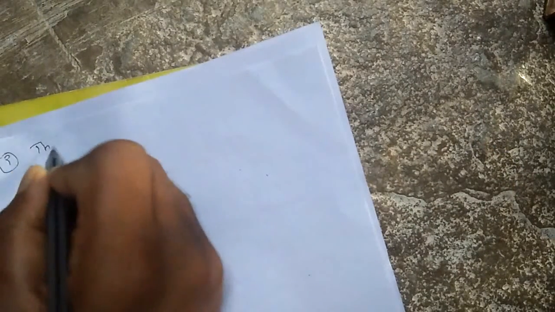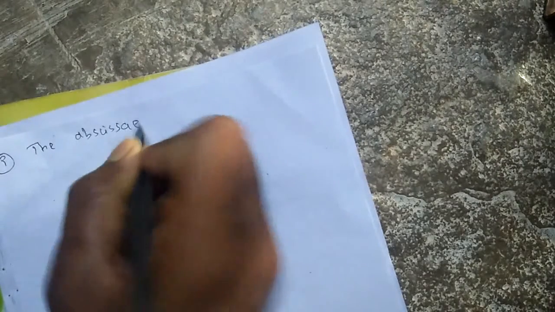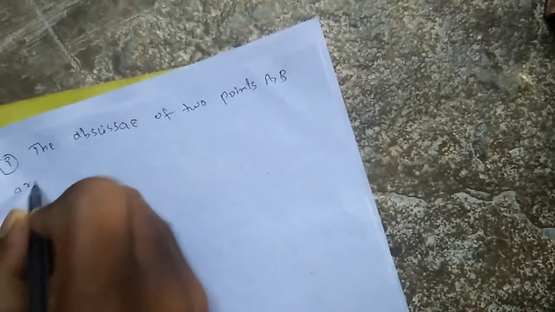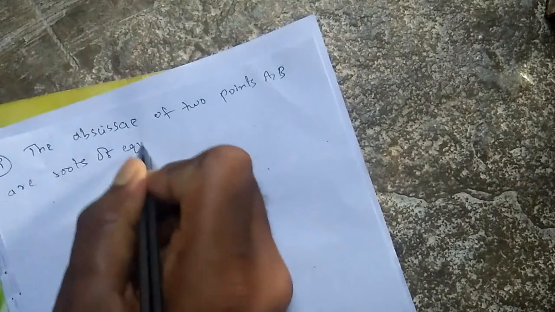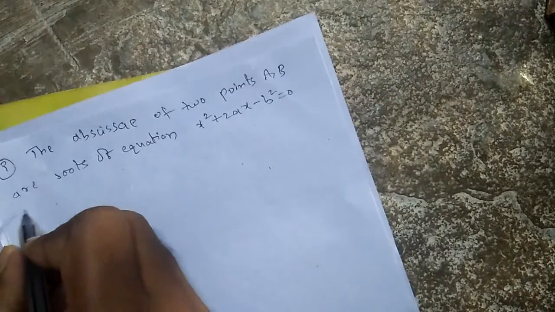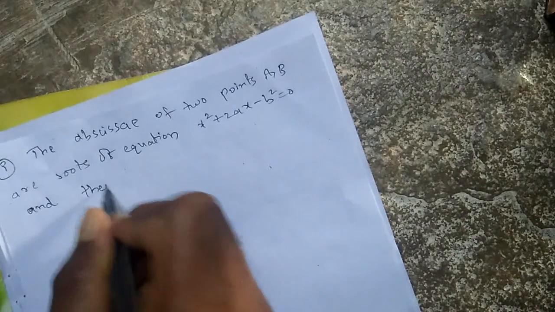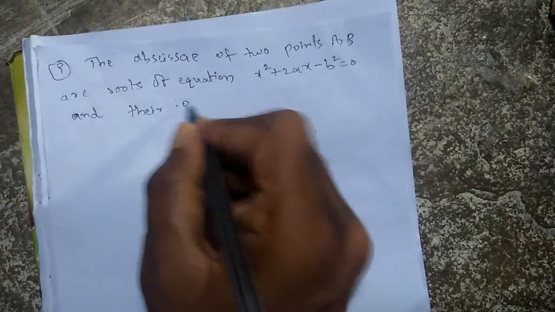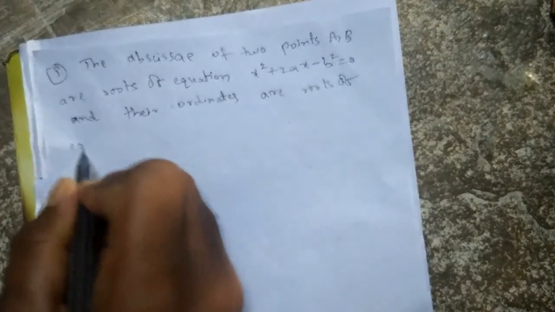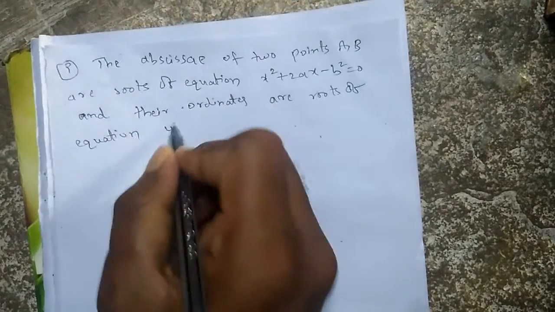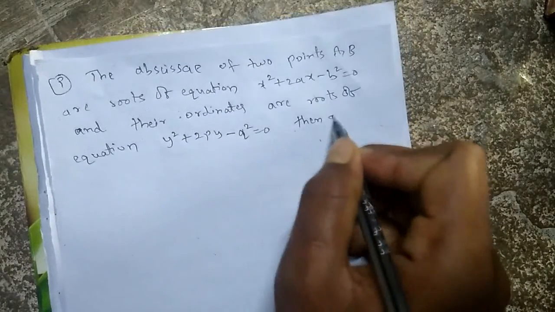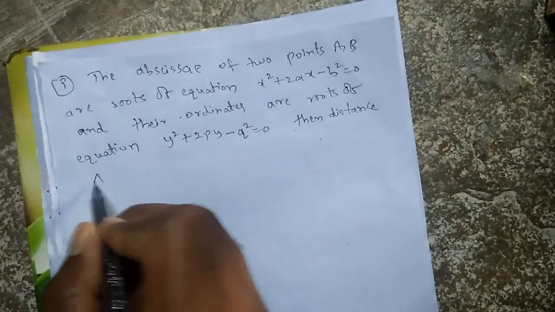Our next problem: the abscissae of 2 points A and B are roots of the equation x square plus 2ax minus b square equals 0, and their ordinates are roots of the equation y square plus 2py minus q square equals 0. Then distance AB is,